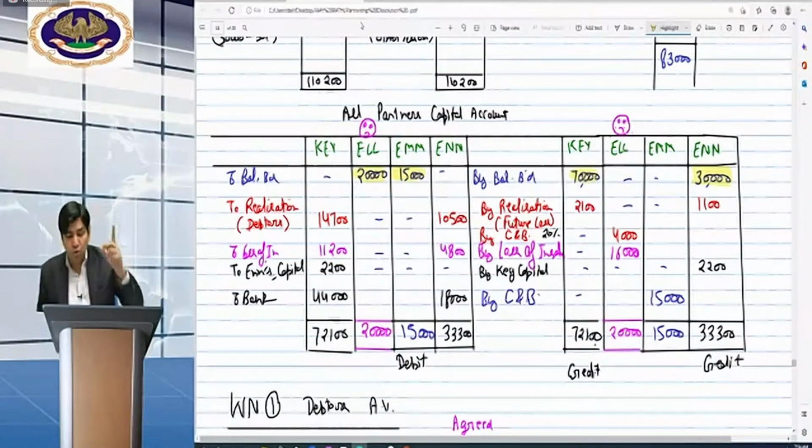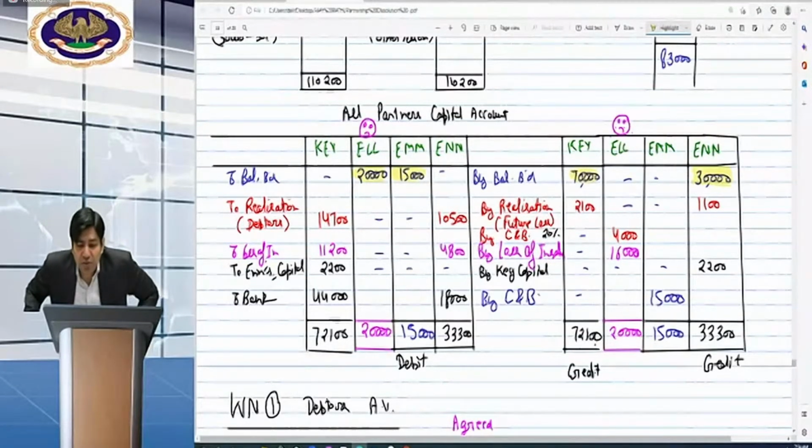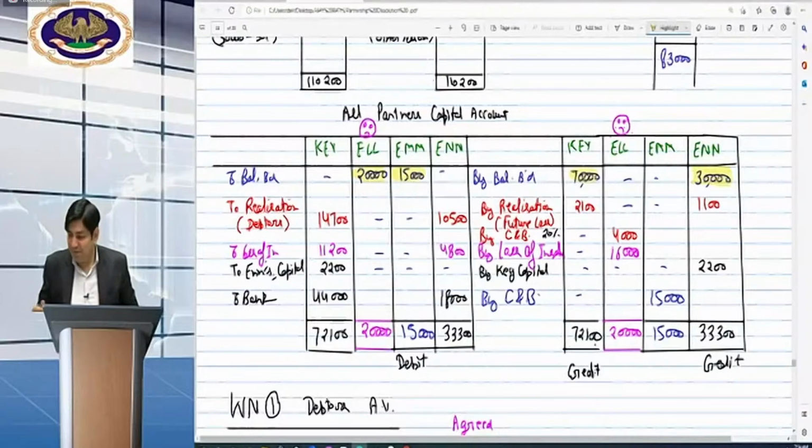Step number 2. Tell me everyone, step by step. We shall clear each and every single point in the question, but you have to answer first. Step number 2. Transfer partner balance to partners capital account. In the exam, you have to write the complete name. Abbreviation may be used, but not for the partner name.